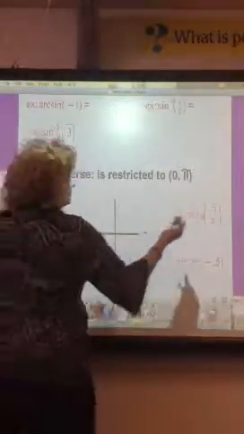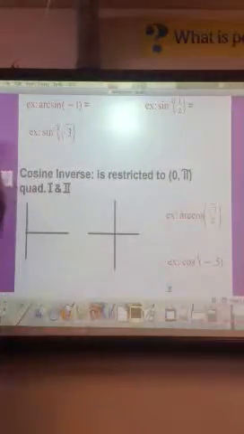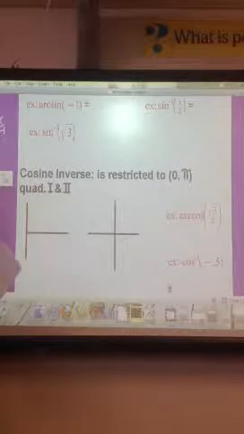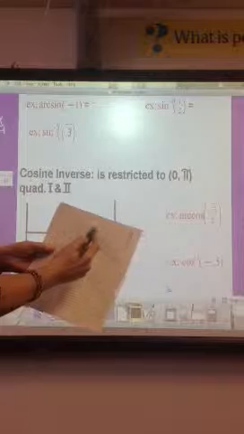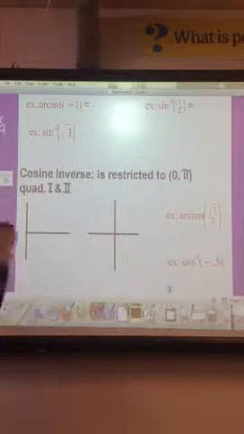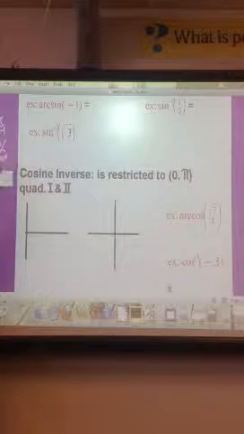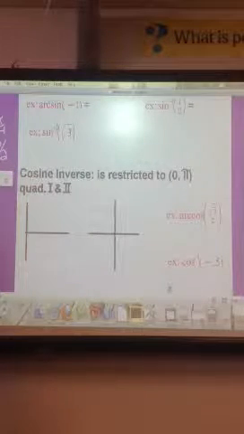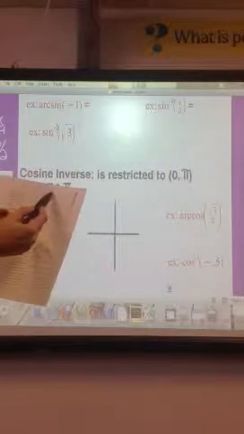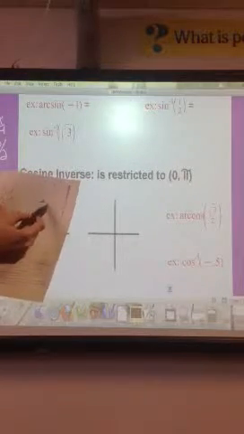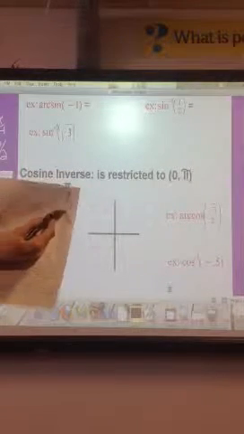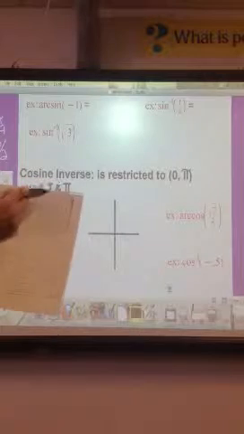Suppose I asked you just to look up the sine of pi over 4. Using your chart, you would go to sine, go over to pi over 4, and your answer would be square root 2 over 2. Well, to do an inverse, you use your chart in reverse. Normally, we take a look at the angle, and we go down, and we get our x and y value. Well, to do it in reverse means they're going to give us the x and y value, and we go back to find our